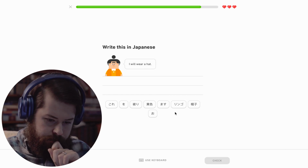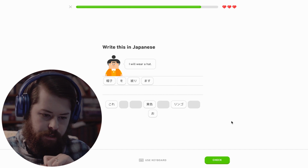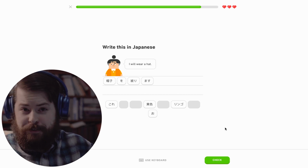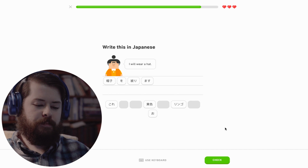Aha, 帽子、かぶります。 It's another interesting thing about Japanese. I'm just telling you this stuff because I think it's interesting to finally have learned it. And depending on